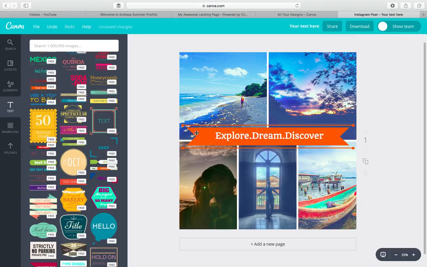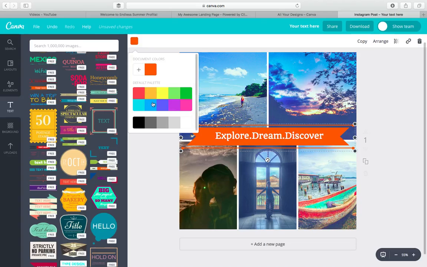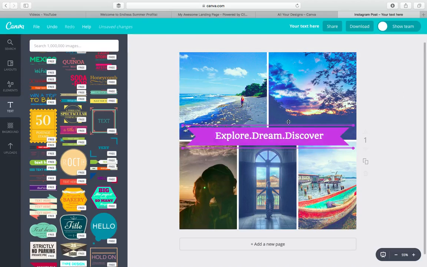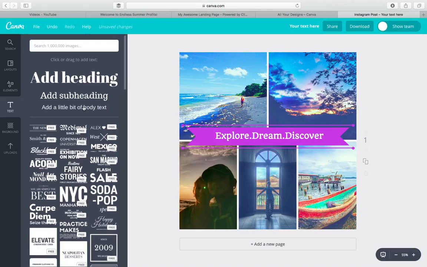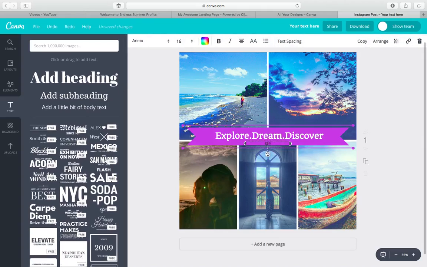Now if I click on the background part, I can change the background color, this orange. So let's say I do like a blue or a purple. So there you go. And it's centered, and then I can add a little text at the bottom. Let's say I want to add freedom vibes,